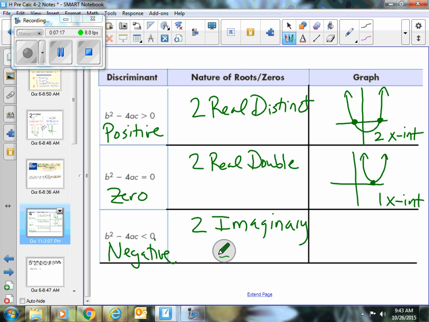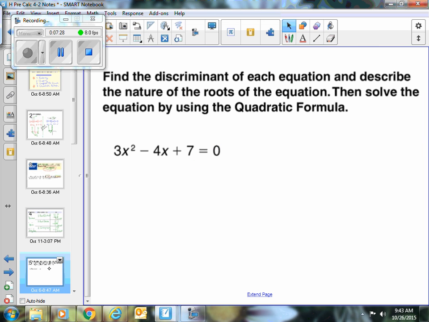And what would the graph look like if it's imaginary? Well, that means you don't have any x-intercepts at all, which means your graph doesn't cross the x-axis at all. So looking at the discriminant really helps us make that determination. All right, so let's try a couple of these where we're going to look at what's happening to solve a